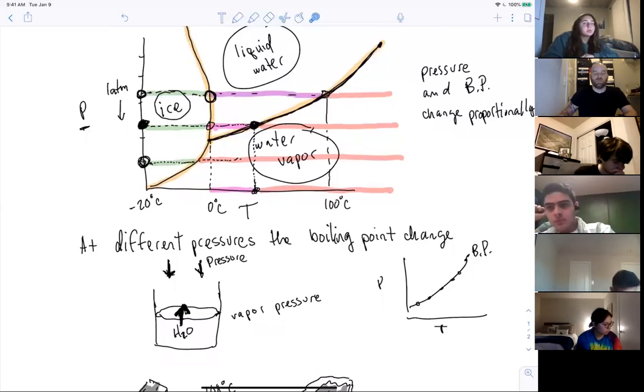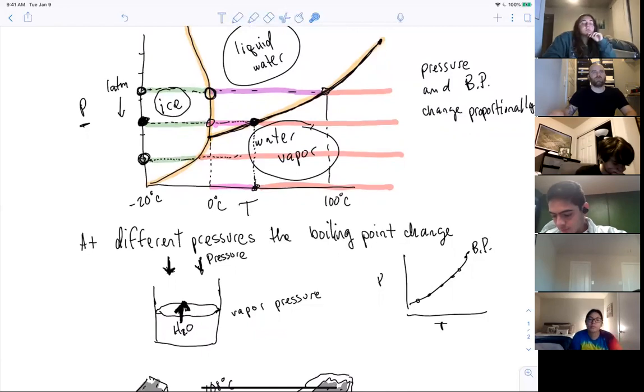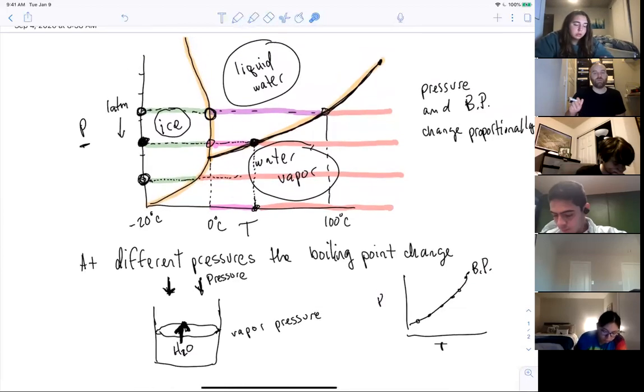Let's see, there's other things to talk about with phase diagrams. The only other interesting thing to talk about with phase diagrams, yeah, so there's another point. I don't know if water goes through it. If it does, it's at a much higher temperature. But